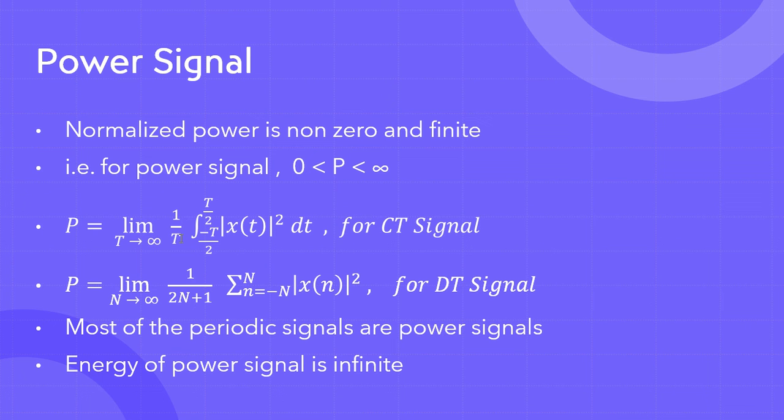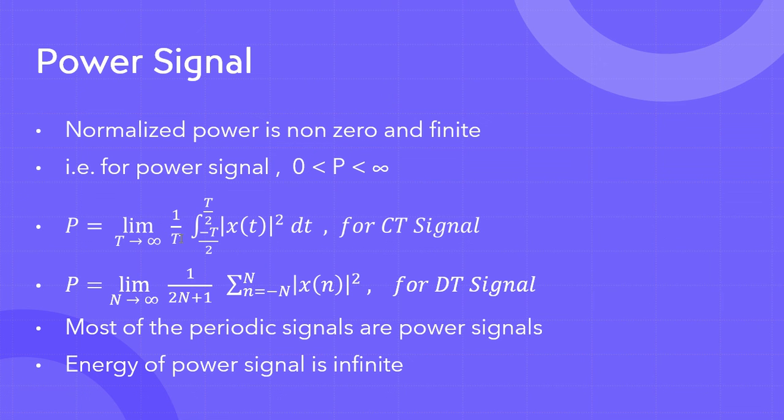Why is that? Because remember what is power. Power is the time average of energy, so we are taking the time average of energy. So if we are taking a time average of energy, that means this will be infinite. So the energy of the power signal is infinite. Okay, now let's come to